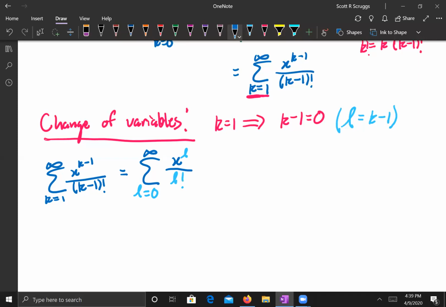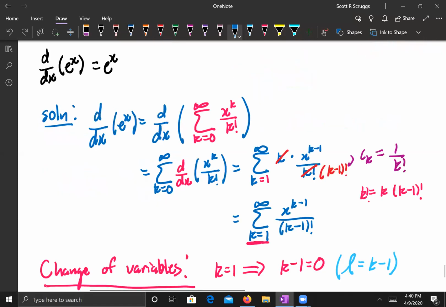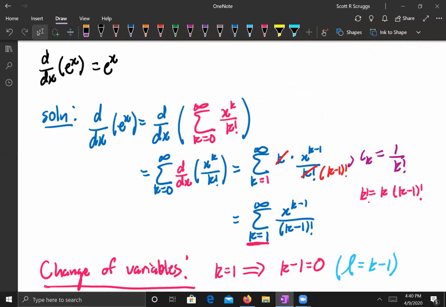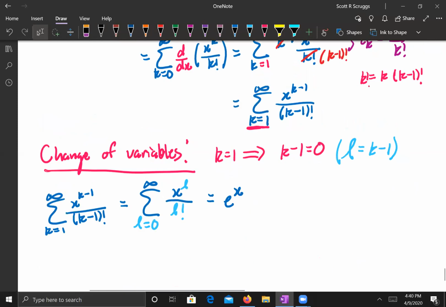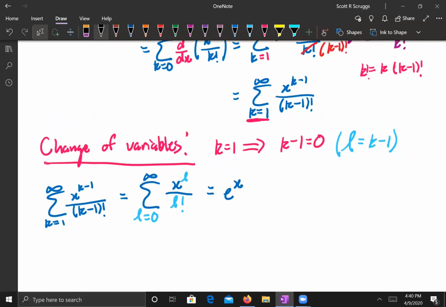And now I have a series starting from 0 to infinity of x raised to the index L over the index factorial, which is our Maclaurin series representation for e to the x. And therefore we showed, using Taylor series, that the derivative of e to the x is e to the x. So that's going to be our motivation for using that series of problems. So using that same methodology,